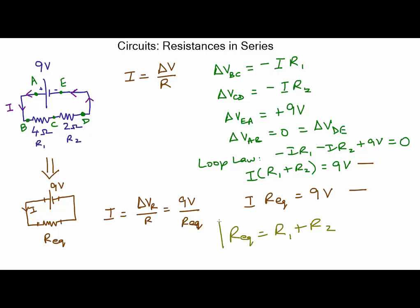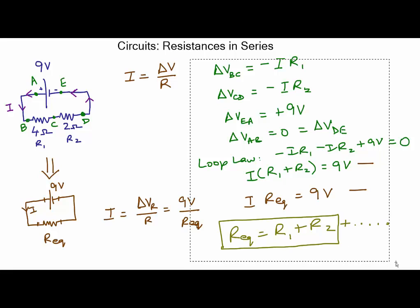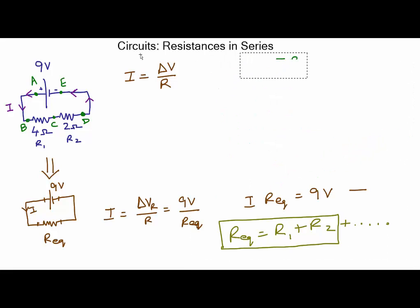And that's a key takeaway for resistances in series. When you have multiple resistances in series, the equivalent single resistance they represent would simply be the sum total of all those resistances. And if I had more than two resistances, I would simply add the others as well: R1 plus R2 plus R3 plus R4, and so on. So given that we have seen the justification for this, now let's use this and see how this circuit can